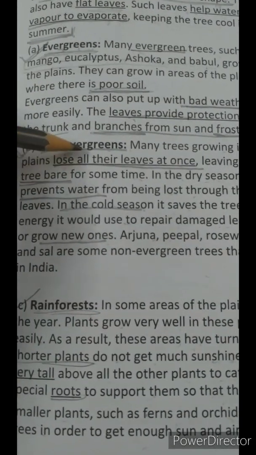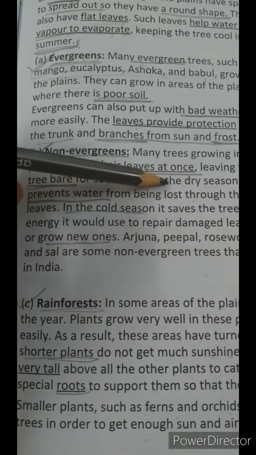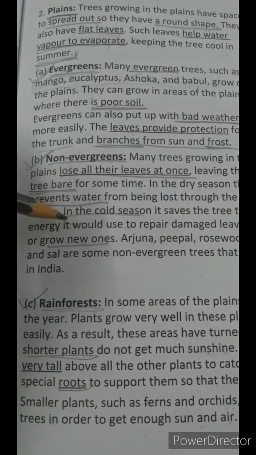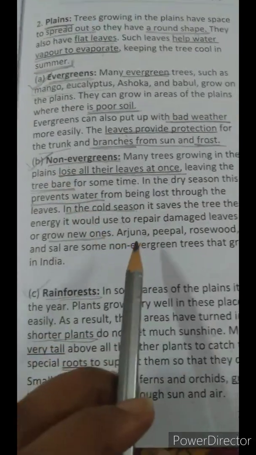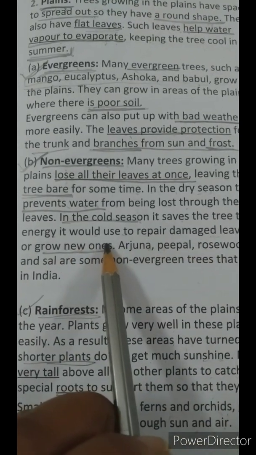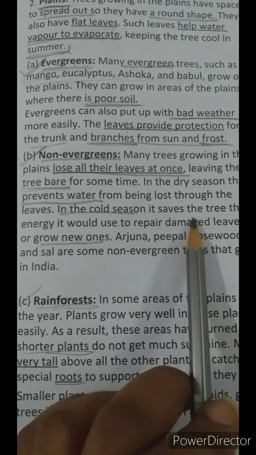And this it does because it wants to prevent water from being lost. And in the cold season, it saves the energy of the tree, energy to repair damaged leaves and grow new ones. When there are no leaves on the tree, this energy is saved.